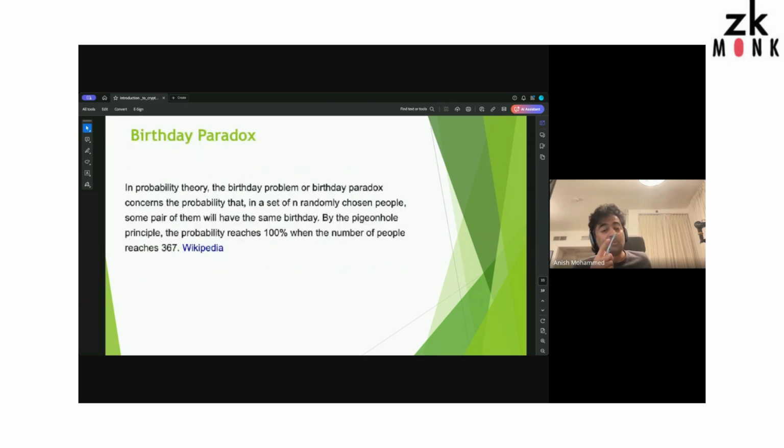Now I'm going to explain something that gives you some notion of the real security of a hash function. I'm going to introduce the birthday paradox, which is the probability that, given a random set of people, two of them have the same birthday. You have 100% assurance of a collision if you have 367 people, but with a probability of 0.5, you can have it with far fewer people.